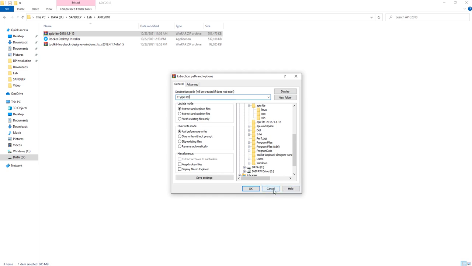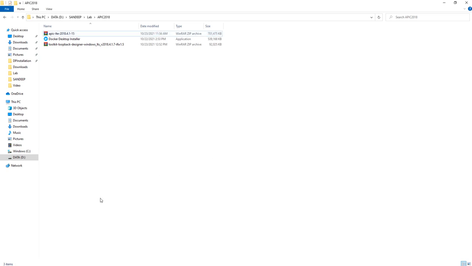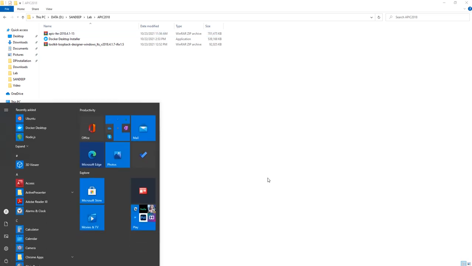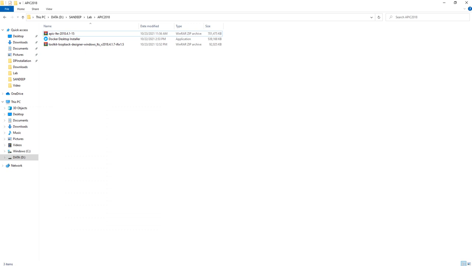Once the file is extracted, let me run my Ubuntu first. Always start all the software as admin.